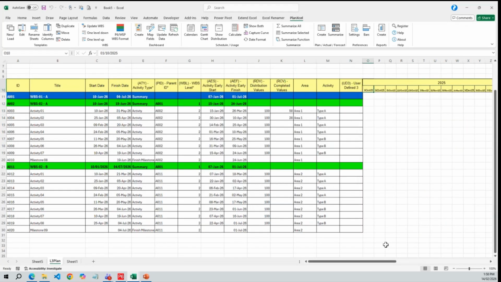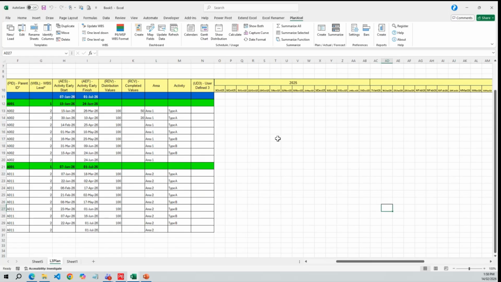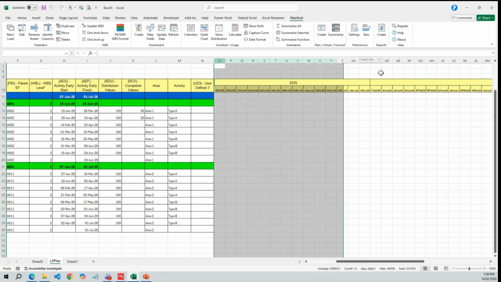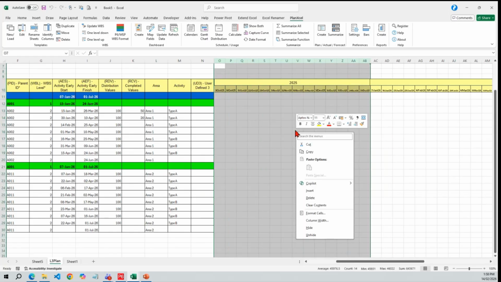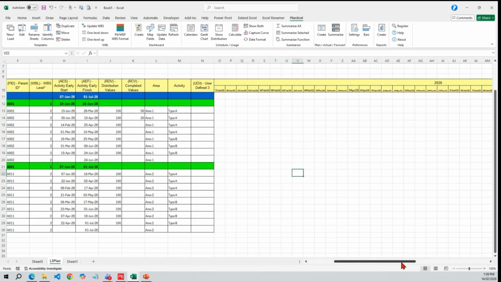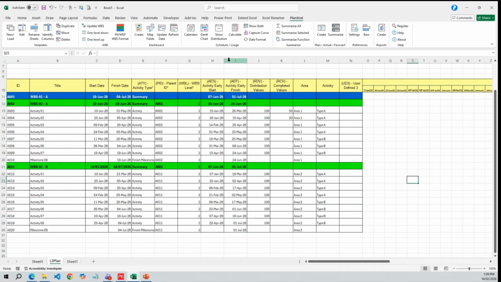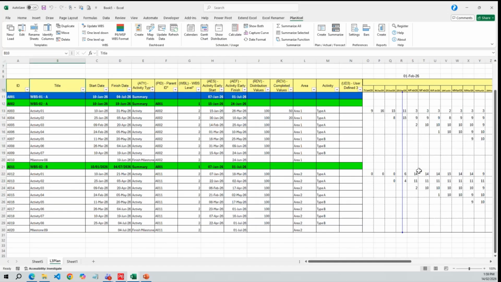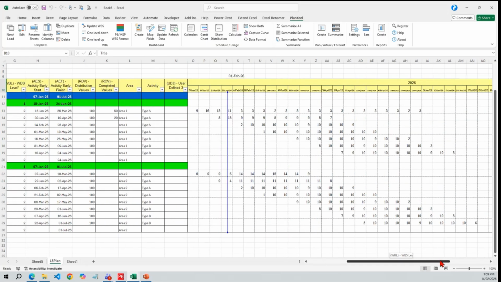Now your calendar is changed to weeks. I started from October, that's why it is. Whatever is not required, you can delete it. And then you can go for show distribution again. Now this has completely changed to weekly productions. So depending upon the period in which you want to do it, productions can be modified and the period can